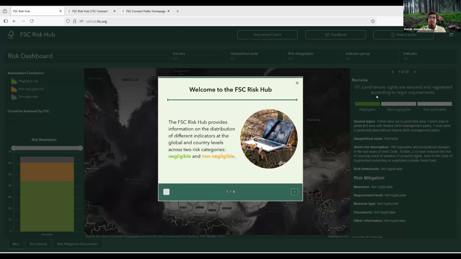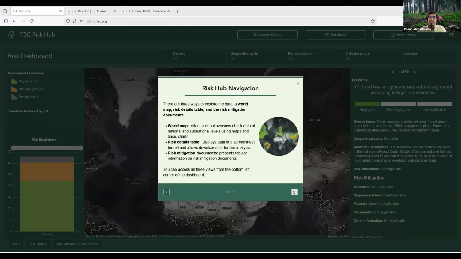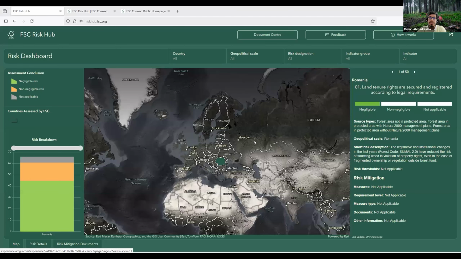Once you have landed, it will give you a small pop-up in the middle of the screen where you can explore the general information, some terminology, and how to navigate the Risk Hub. Once you close it, the main Risk Hub interface will appear.